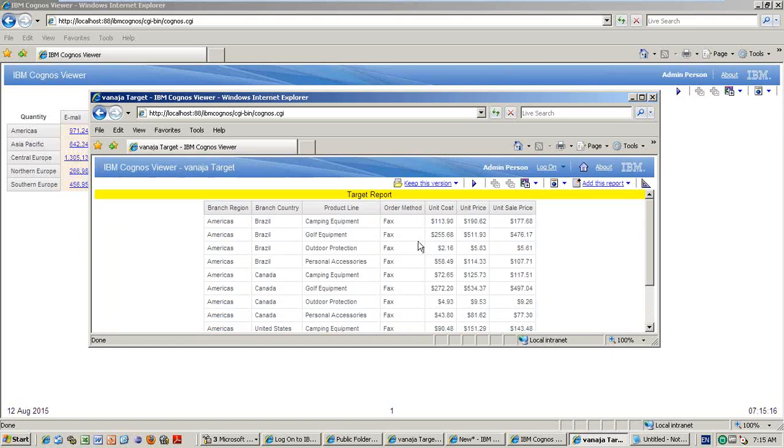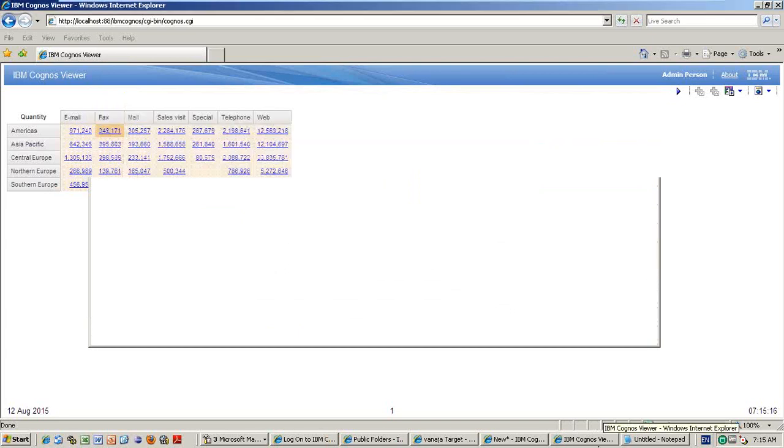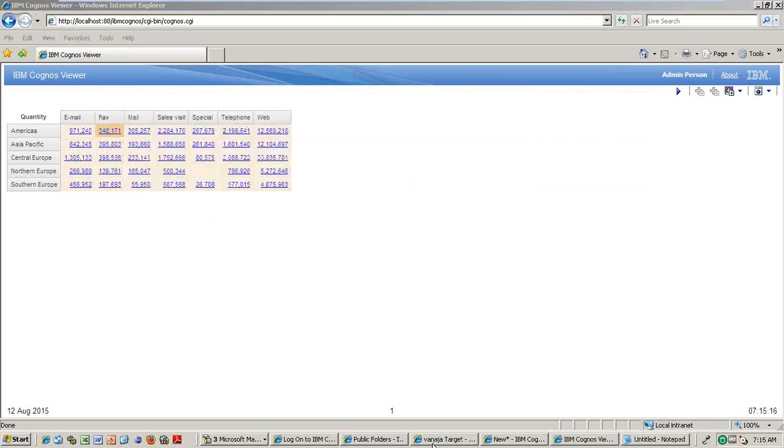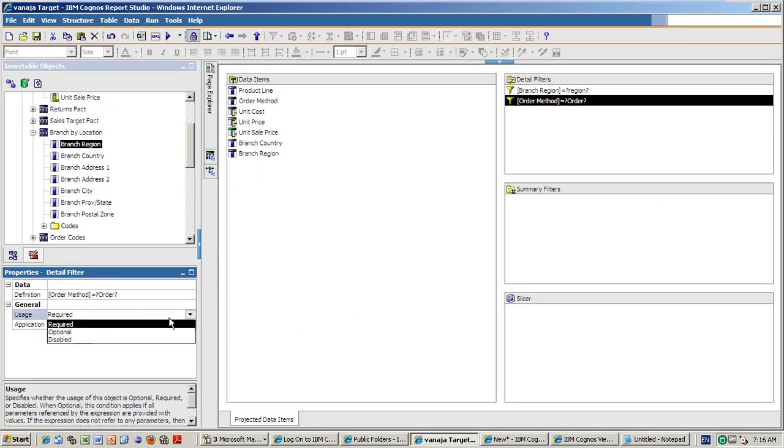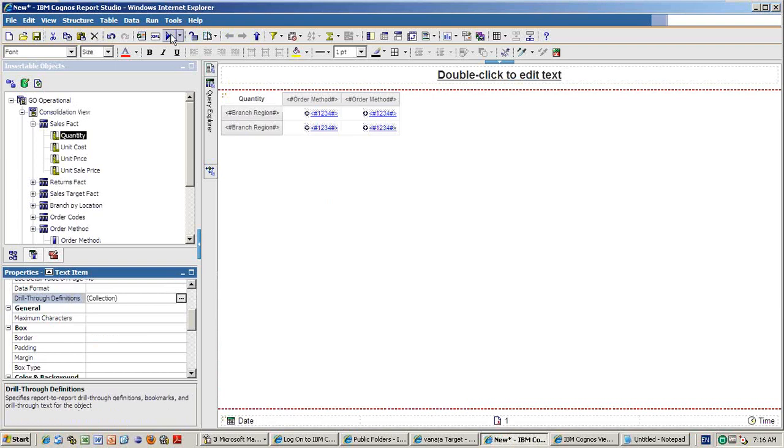Fine. But in the target report, I will do one thing. Order method, instead of putting required, I am putting optional. This is the target report. Now what will happen? Anybody, can you please guess?